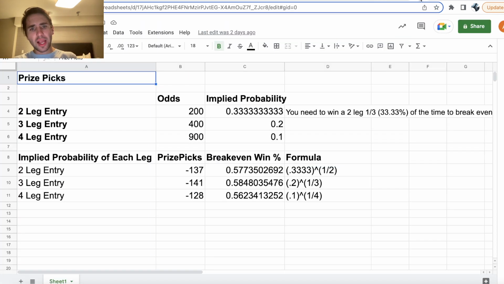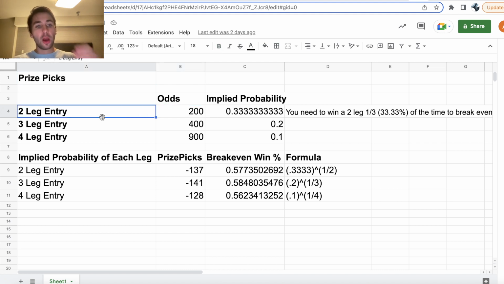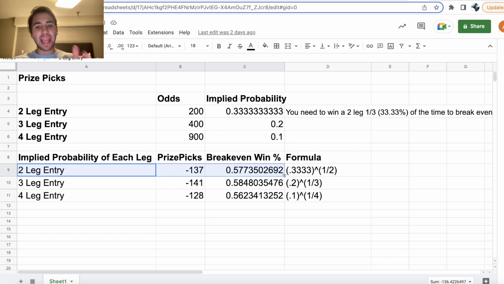So again, we're getting plus 200 odds on PrizePicks in a 2-player prop pick entry. What that means essentially is that we have to win each leg in our entry 57.74% of the time to break even on PrizePicks. Long story short, you want to look for player props. You will be profitable on PrizePicks if you are playing player props that have an implied win probability